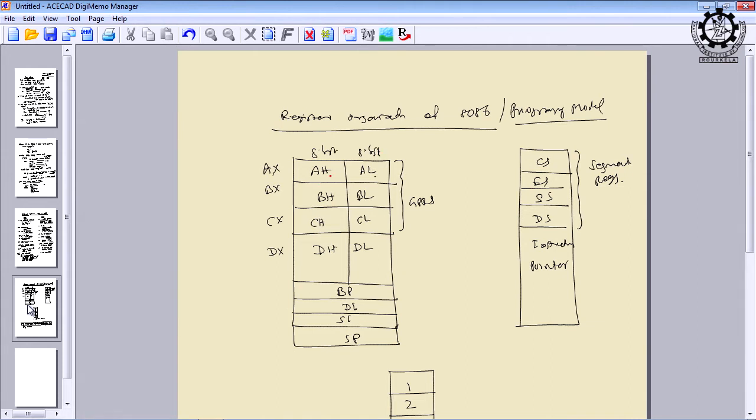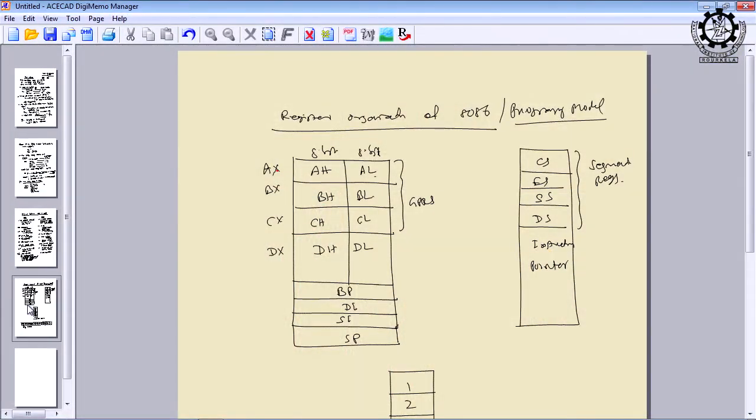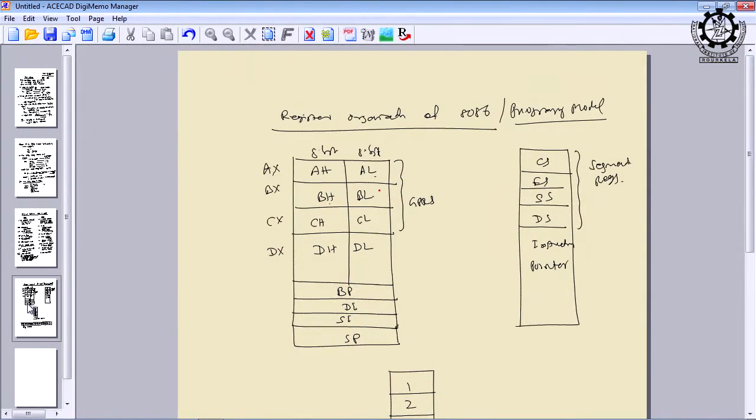And if you combine AH with AL, that will become a register pair and the name is AX. Okay. So, here the pairing system is completely different as compared to 8085. Similarly, BH is an 8 bit register and BL is an 8 bit register, and if you pair them it will become BX, that will indicate a 16 bit register. Is it okay? Similarly, we can have CH, CL and DH and DL. Is it okay? So, apart from these 8 general purpose registers, we can have another 4 16 bit registers. One is called BP.